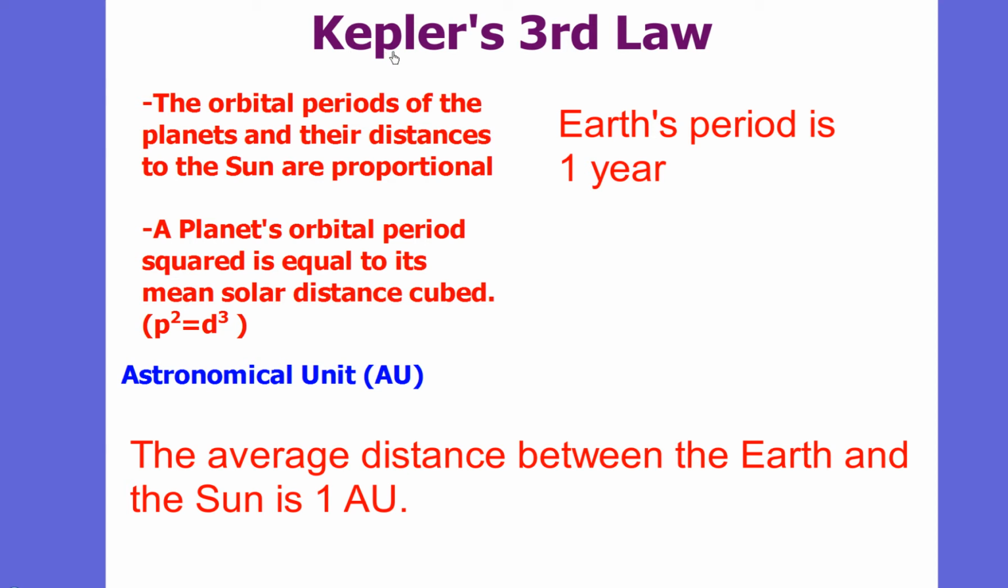And really, I'm just going to make it up on the spot, and these are the lyrics. So here we go. Kepler's third law, the periods of the... Okay, I'm done. Alright. Anyway,